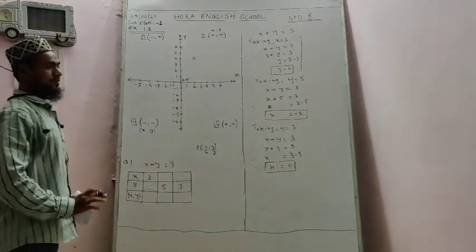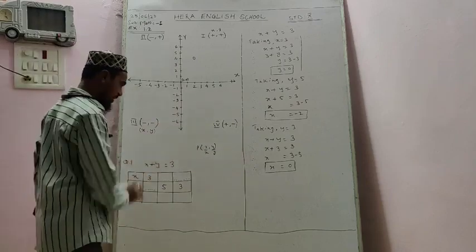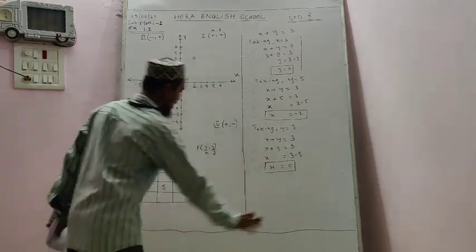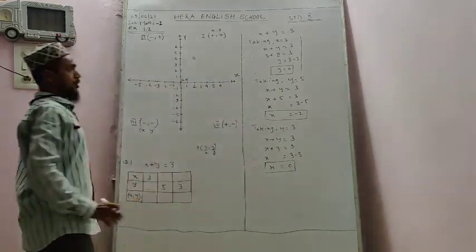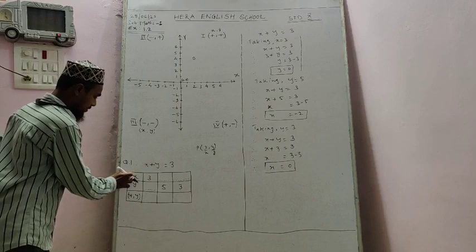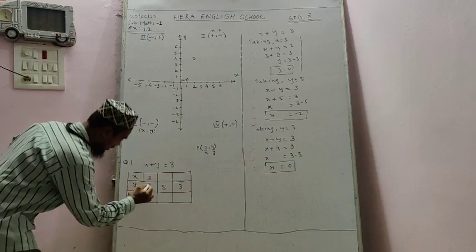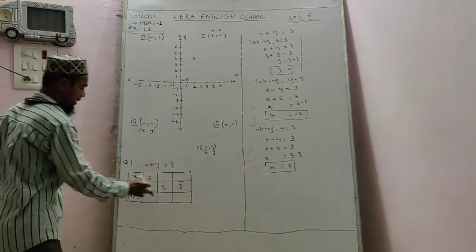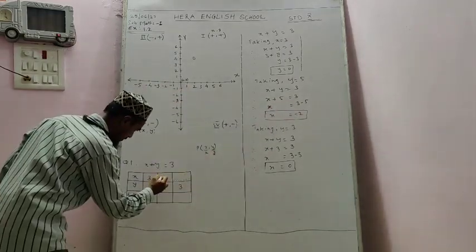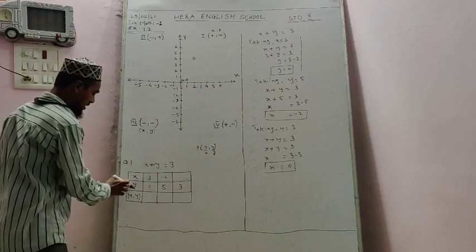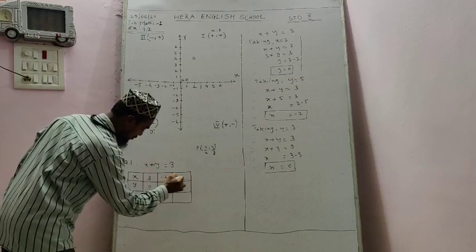We got here 3 values. In the end of the solution, this is the first table, okay. In the end of the solution, we will draw once again the table, whatever table we are given, we will write it on the downside after the solution, the complete table, and keep the values we got by putting the x and y, okay. We are given x 3 and we got y 0 as the first value. Here we will write the 0, okay. By putting y 5 in the equation we got x minus 2, okay. We will write the minus 2 here, and once again we will keep the value of y according to this situation, and you got x 0, okay.